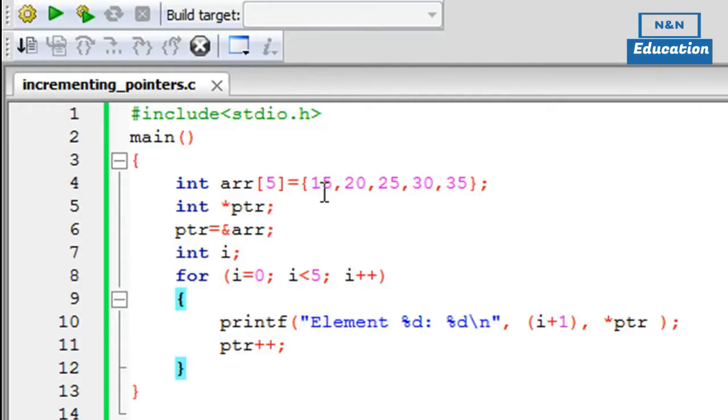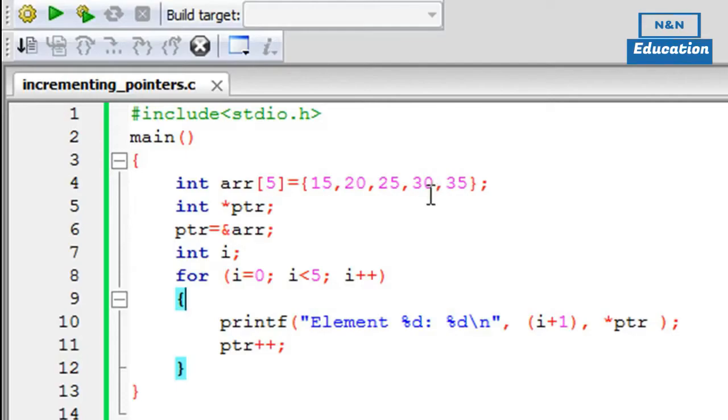So ptr currently points to the first element in the array, which is 15, and when you increment ptr, you move from one memory location to the next. We're going to see how to do that using a loop. On line 7, I've declared an integer called I, which I'm going to use as the control variable for the for loop on line 8. In the for statement, I initially has the value 0, and it's going to loop till 4, because in total there are 5 elements in the array ARR, and we want to print all these values on screen. We're going to do that without using the array. Instead, we're going to use the pointer variable, and increment it to move from one element to the other.